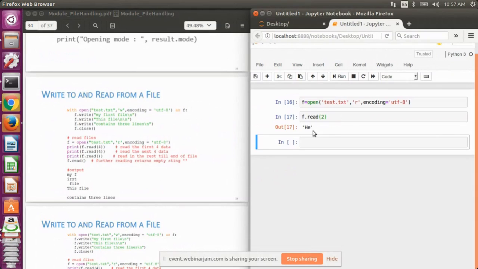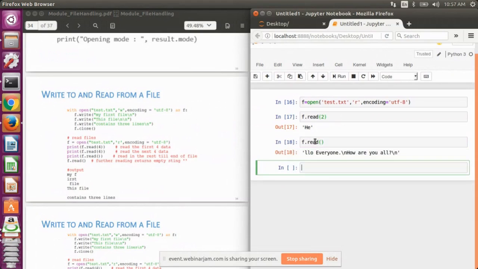Now the output is "he", that is the first two characters. Now suppose if I write f.read again, the output is not hello, it is "llo everyone\n hello, how are you all?\n". So where is this "he" in this output?